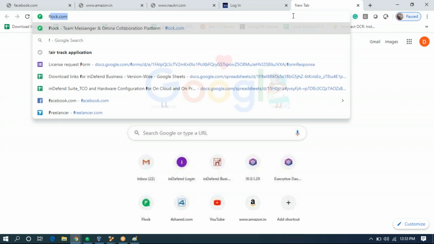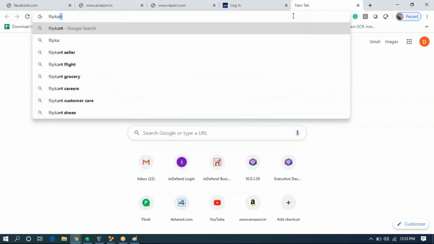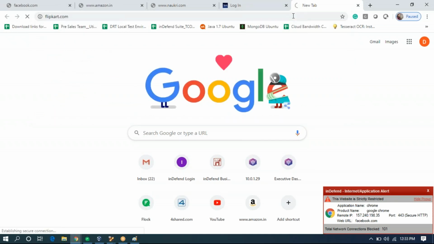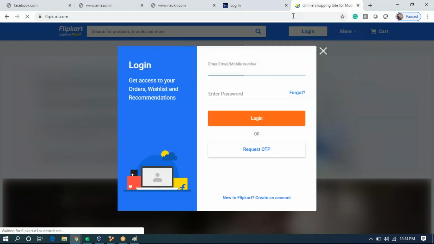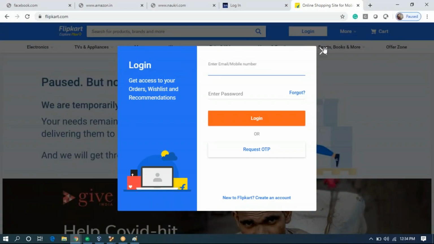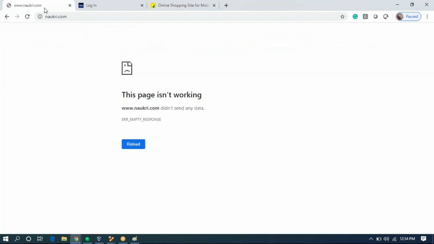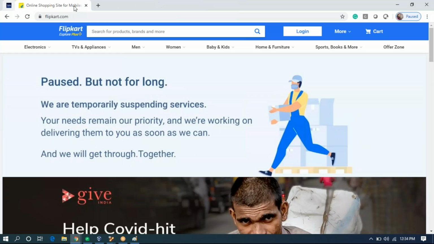We can also use Flipkart. Flipkart is also opening. So all in all, you can see the websites or the category of websites that we blocked are getting blocked, and the rest of the websites are still accessible.